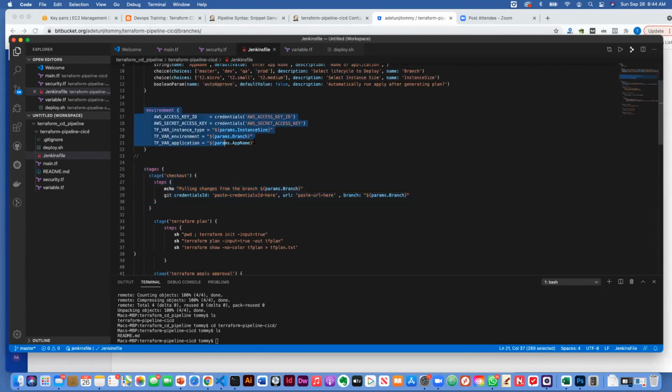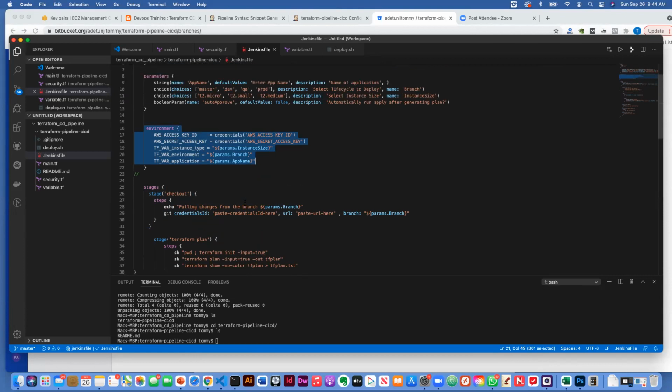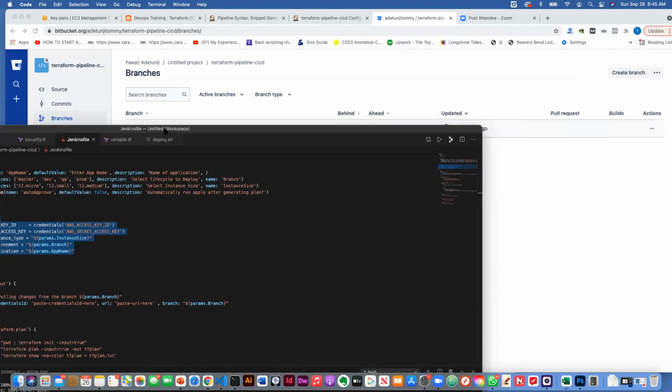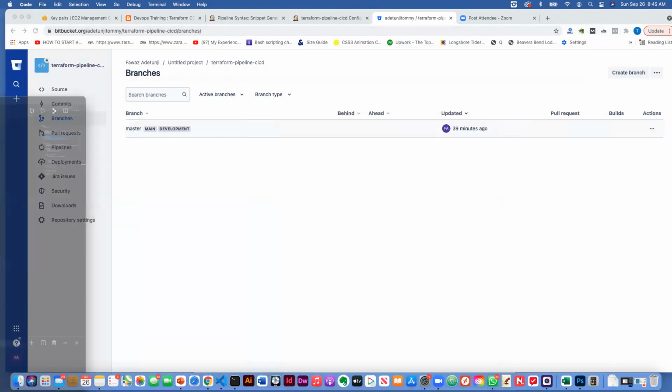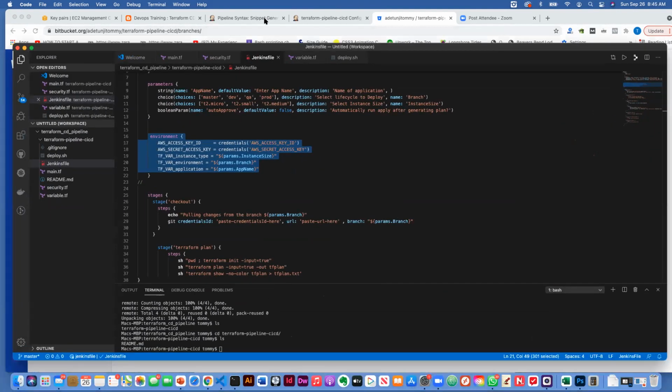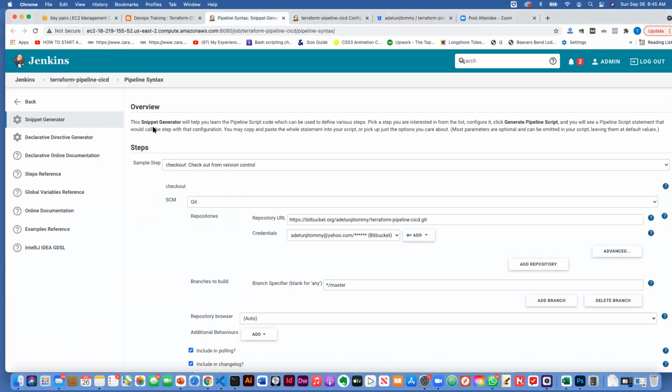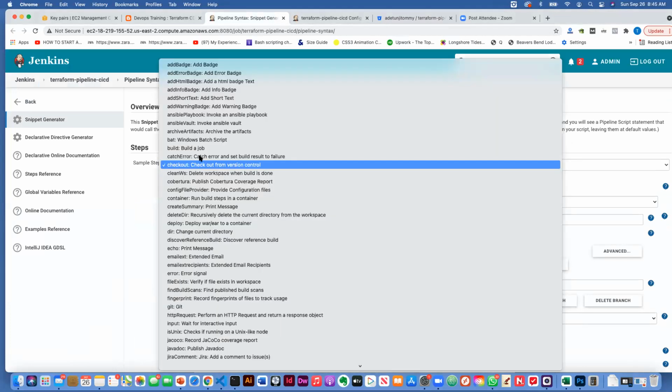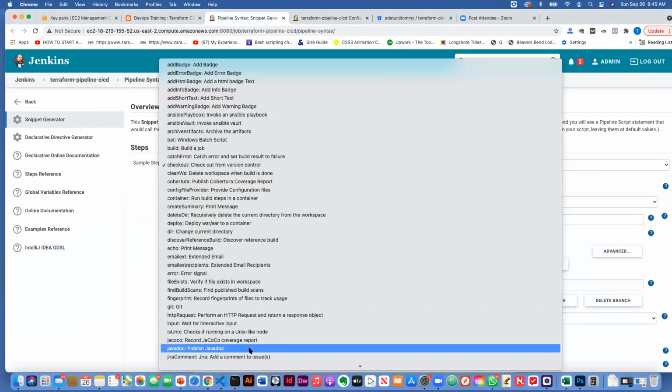Here, these are the environments that we have defined in Jenkins. I know this is a lot of code, guys, but the majority of those Jenkins files are available to you on the web as well. A lot of this, I just had to do a little bit of modification. And one thing about Jenkins that I like is that you can use things like pipeline syntax. So there are different steps here